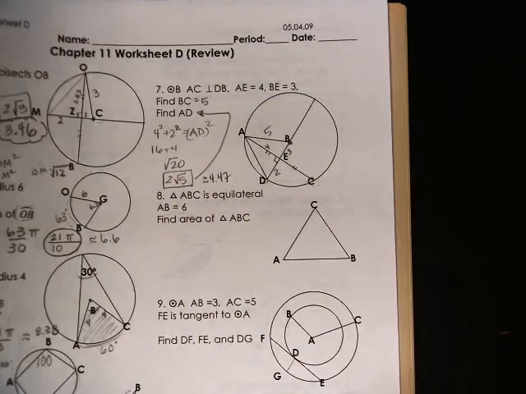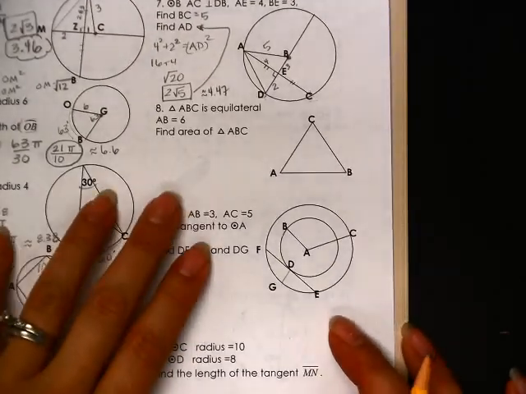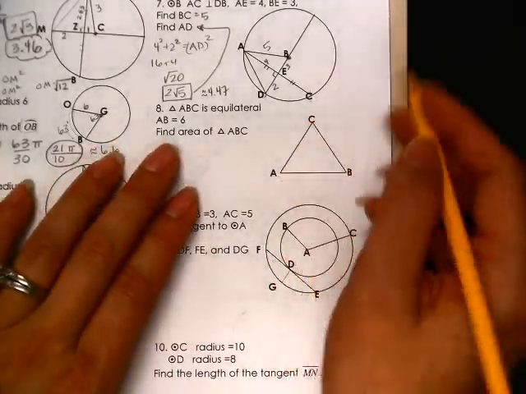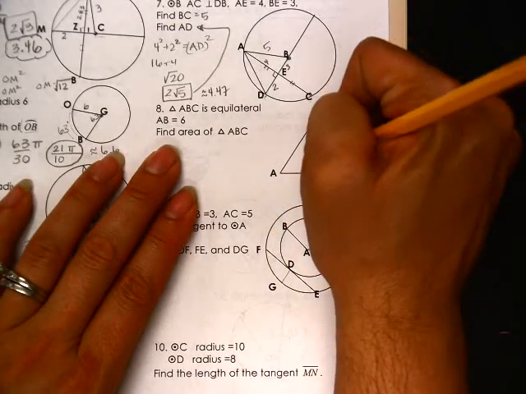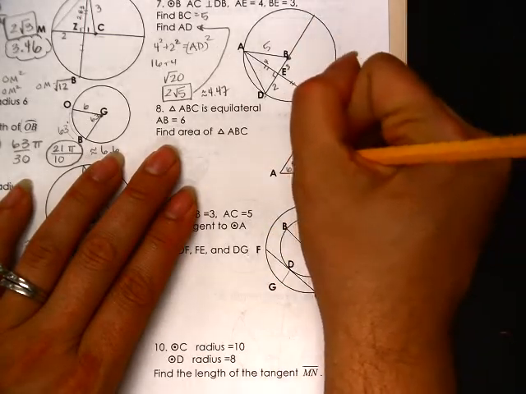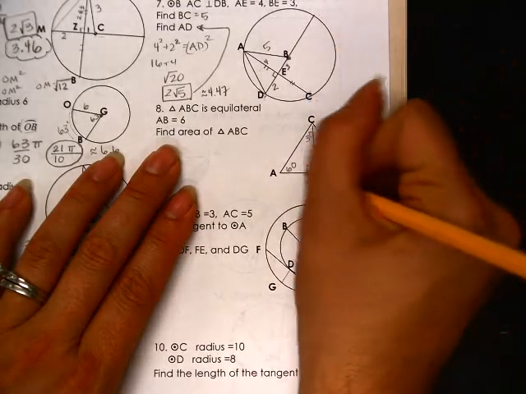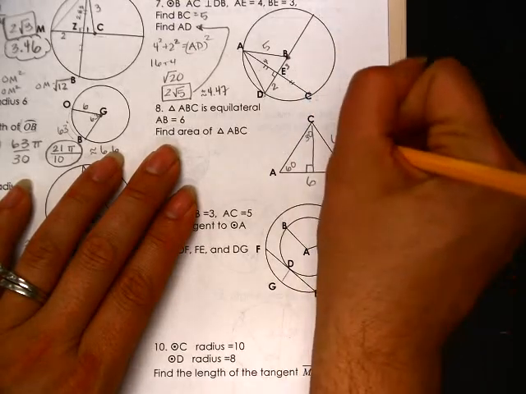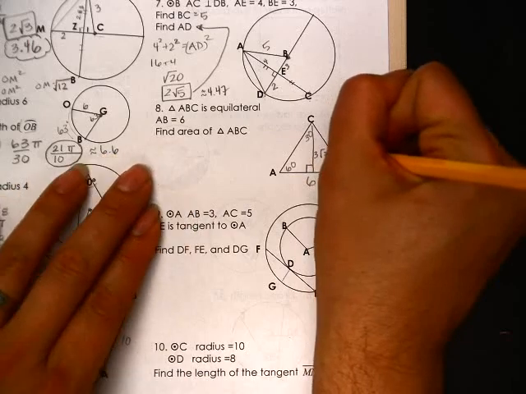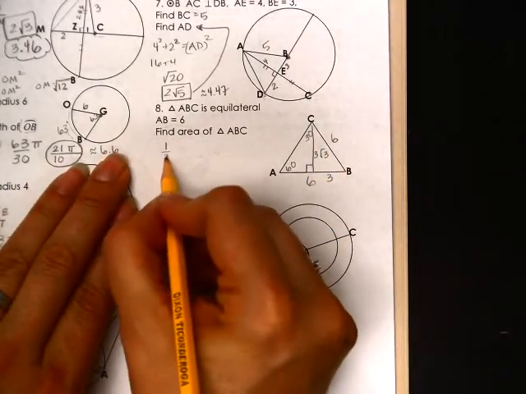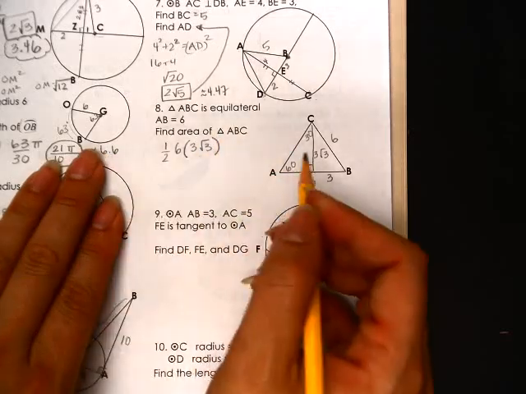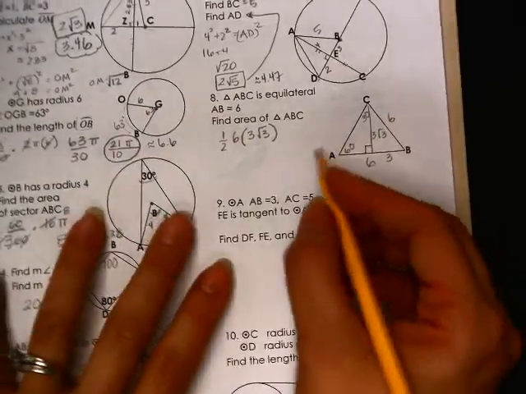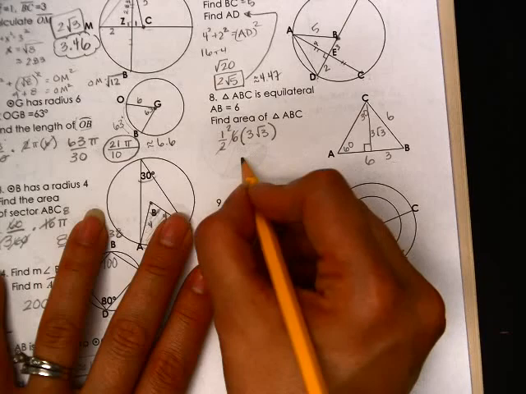All right, let's go ahead and do one more of these guys. It says this is equilateral. It says AB is 6, and we're finding the area of the whole triangle, sorry. So this is 60, which means that's 30, this is 3, this is 6, and this is 3 root 3. So the area of a triangle is 1/2 of the base times the height, which is equal to, reduce, to